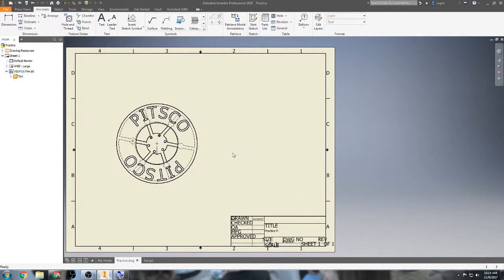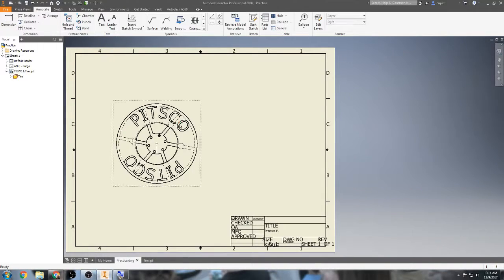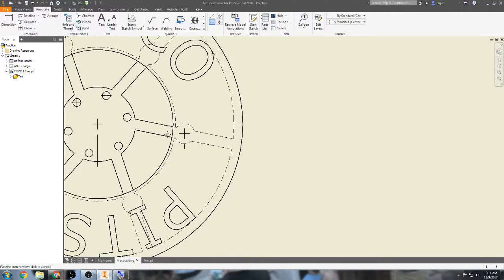But the whole point of this is for you guys to be able to see how to do a couple different things. So the first thing I'm going to talk about is the center marks. The first thing you need to look at is up here inside of annotate and inside of your center point. So I'm going to select center point, and all you got to do is select the outside of the circle, and that circle is going to be selected and show the center point